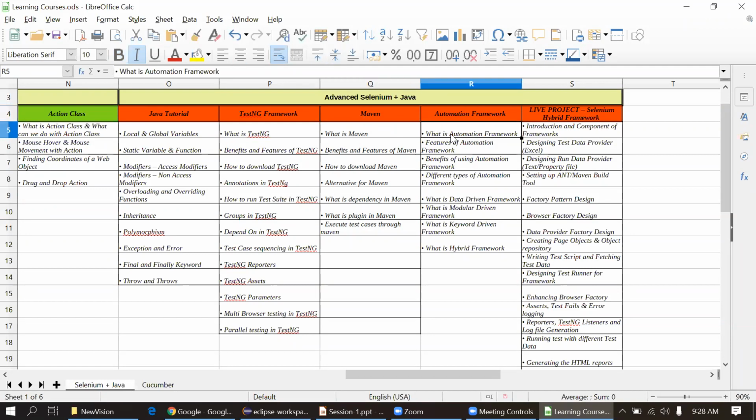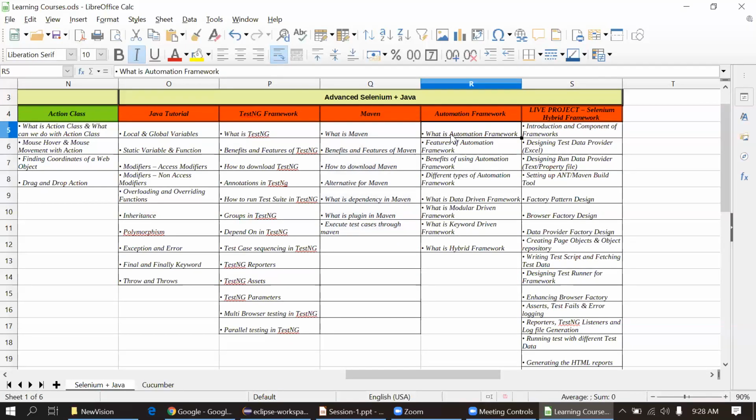So framework means, I'm just giving the high level of the framework, we have to organize things in such a way that we can reuse them. Basically, we should not write redundant code. Suppose you write the login code in one place, and if you want to log in in a second test case, we cannot copy paste that code again and again. We have to place it in such a way that it works for every test case without writing it every time. That is the basic fundamental of the framework.